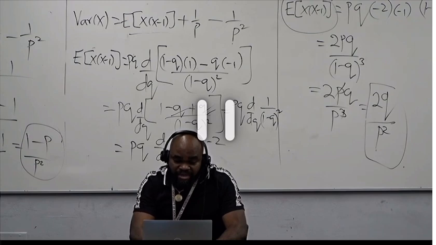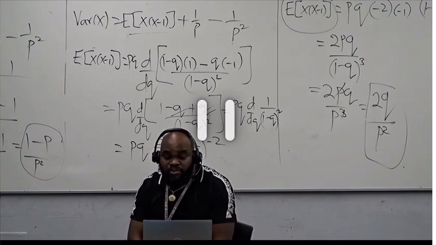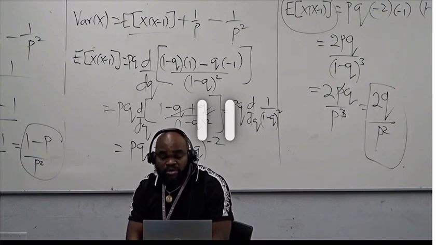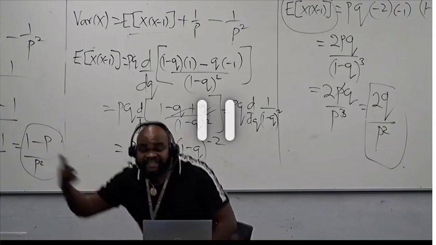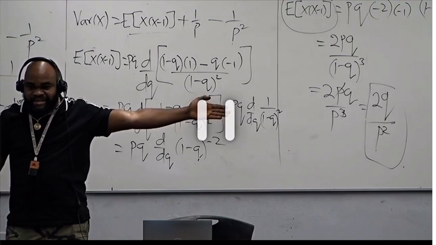Take a look at that. We have two forms of probability mass function. It's going to be x minus 1 combination r minus 1, p raised to power r, 1 minus p raised to power x minus r. X here still remains the number of Bernoulli trials. But what is r? r represents the number of successes. Okay, r is not equal to 1. If you plug in r to be 1, then you are going from negative binomial back to geometric. Does that make sense?